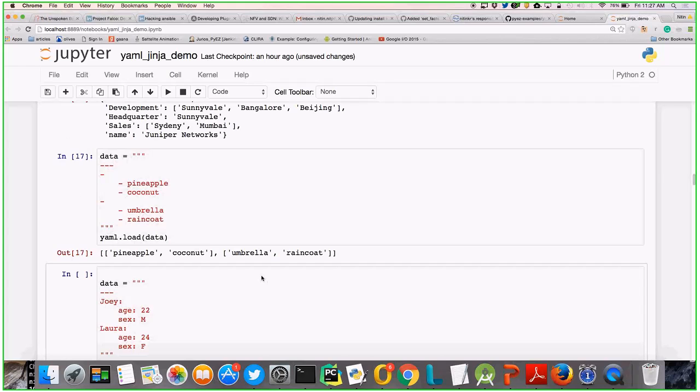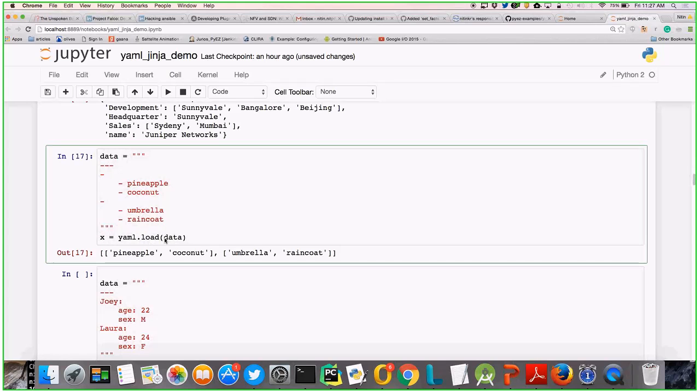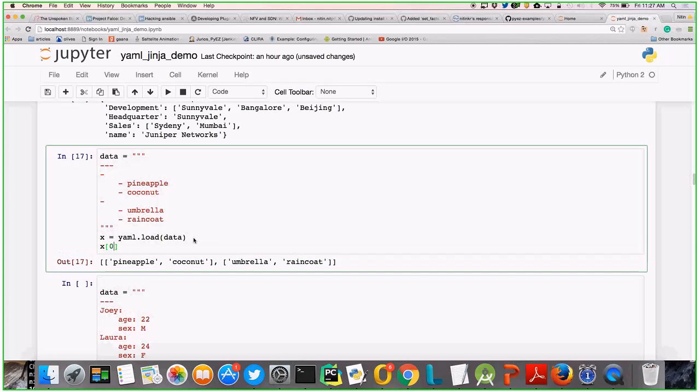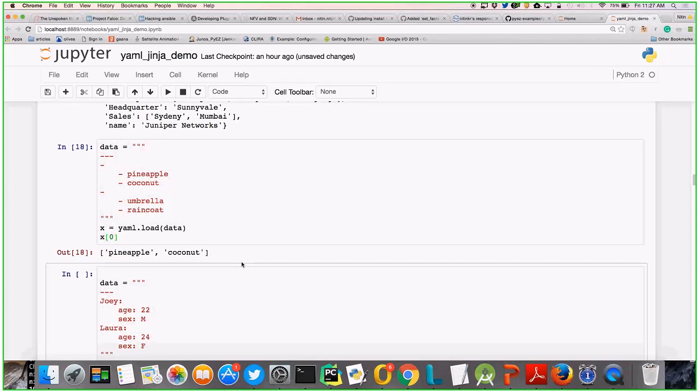As you know, in Python you need to use an index. So this is your full list. If you do 0, you'll get this. If you want pineapple, then 0 of 0. I'm not using it that way, so I can just do this. Say first I'll print x of 0, which is pineapple and coconut, and then I can print x of 1, that one. Okay. So similarly for a dictionary, you can use your keys.